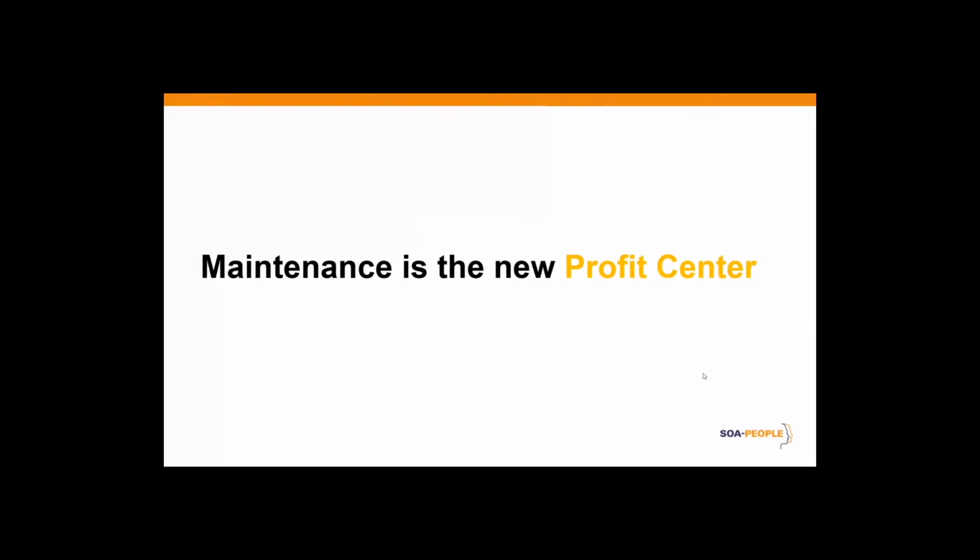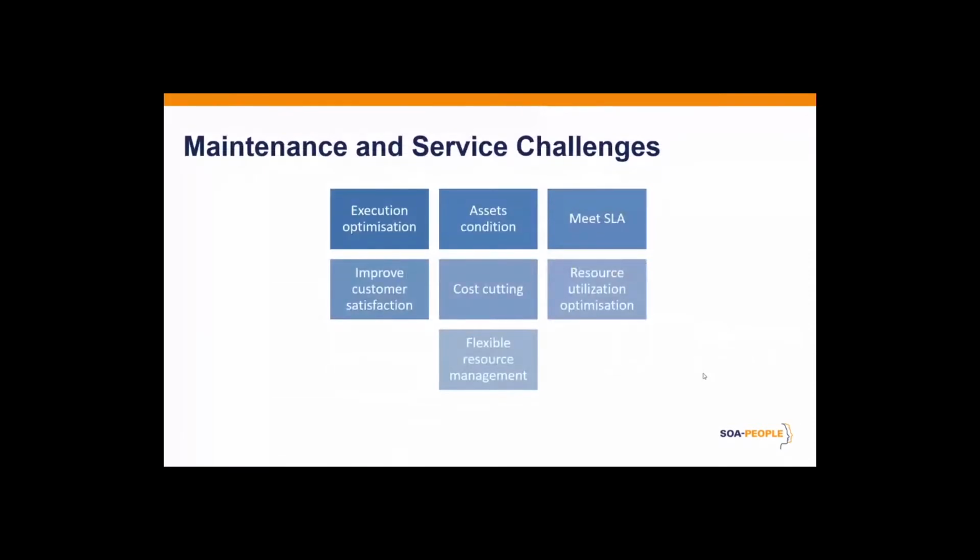Companies realize that by improving the production line and so making them more reliable, actually contribute in reducing the costs and so potentially increasing the profit. But in order to realize those potential profits, the maintenance and service departments of companies must face some challenges. They have to optimize the maintenance or service execution while still, of course, maintaining the production assets in good condition, meeting SLA, also improving customer satisfaction, and all of that in a never-ending cost-cutting battle with less and less means